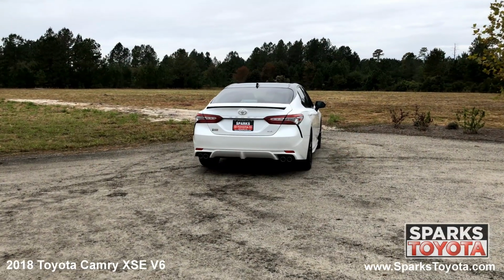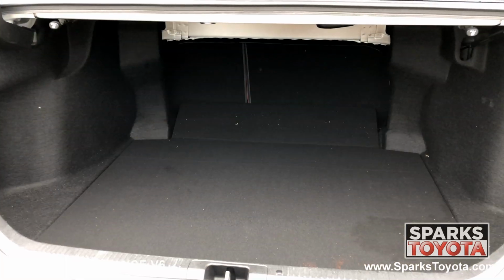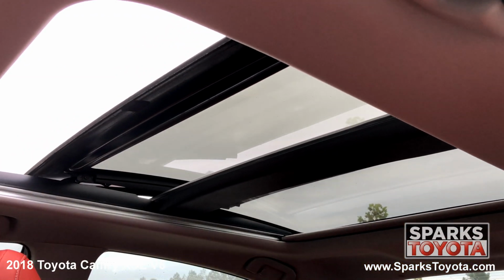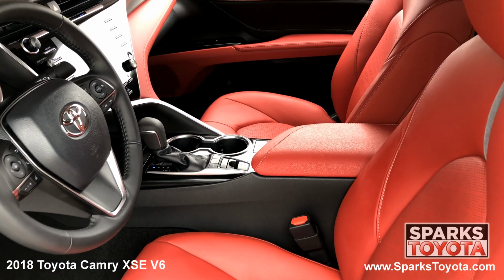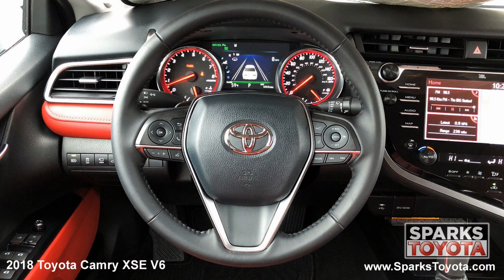A shark fin antenna, LED brake lights, quasi-dual exhaust, sleek badging, a very spacious cargo area, and a comfortable back seat with cup holders. We can't forget about the panoramic sunroof, the front row power heated perforated leather bucket seating, dual zone auto climate, a garage door opener, push button start, a heads up display, a leather sport steering wheel